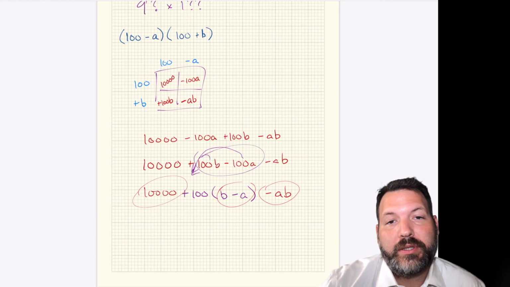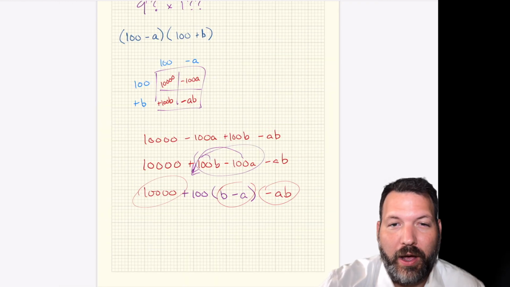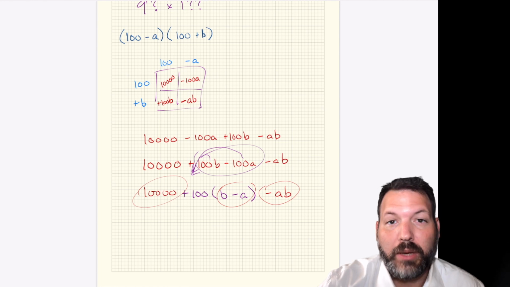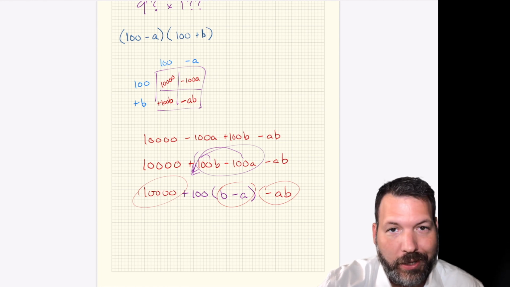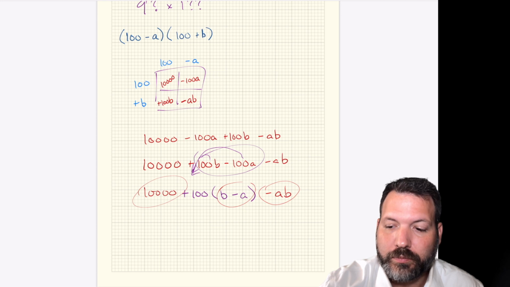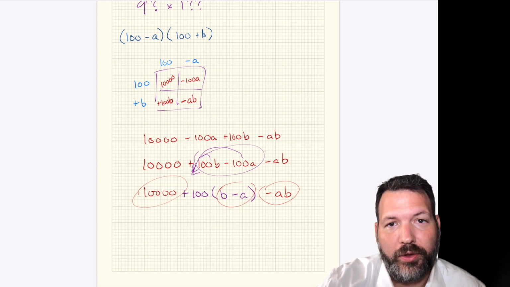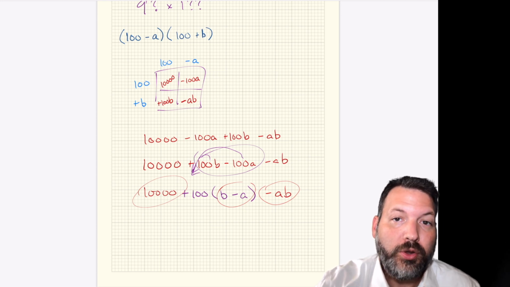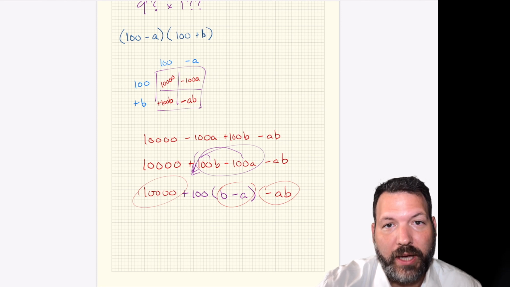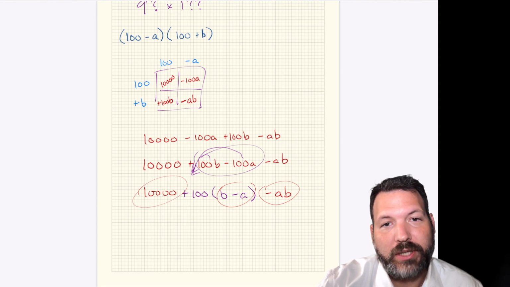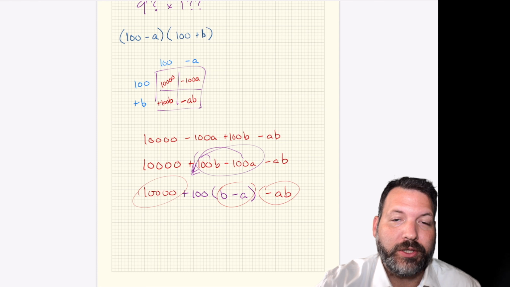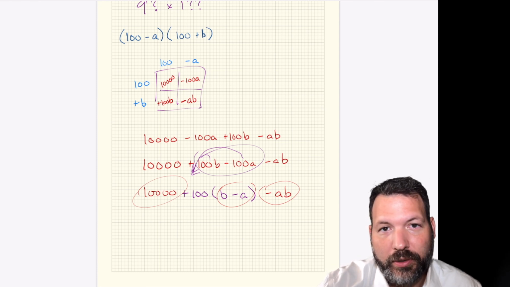Okay, so that was a little explanation of how we develop a math trick. Tomorrow, because I'm realizing I'm not going to have time to do it in a single video, tomorrow I'm going to look with you at how we would develop a new math trick, one that we have not yet looked at. We're going to try and multiply a number just under 100 by a number just over 100. So please make sure to come back tomorrow, check out that video,